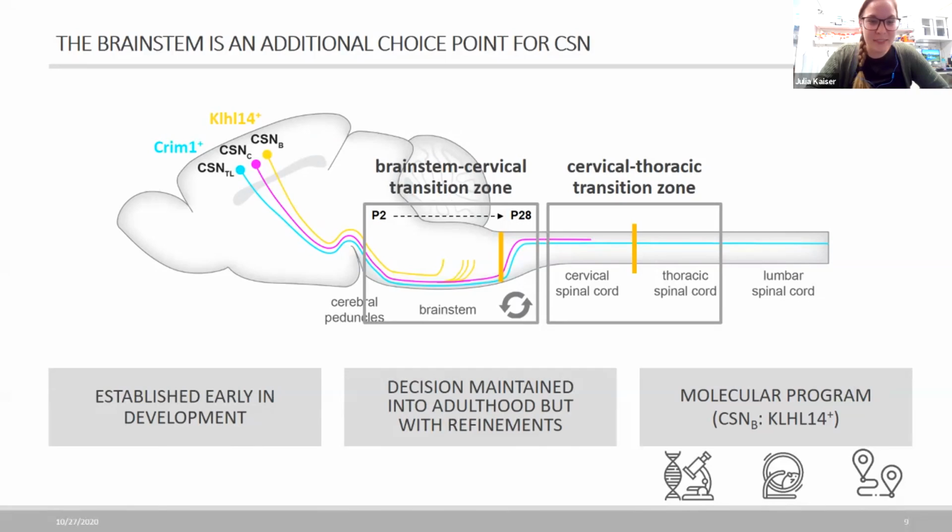Yeah, so far the experiments have been done mainly by my supervisor, Sahni. So I'll just briefly refer you to his upcoming paper, but generally overexpression of Crim1 does lead to more axons growing into the thoracic zone. Of course, we don't know what their molecular identity was initially, if this was a cervically projecting neuron, or if this could have been a brainstem projecting neuron beforehand. But that's definitely something that we want to look at in the future to find out which subtype of neurons